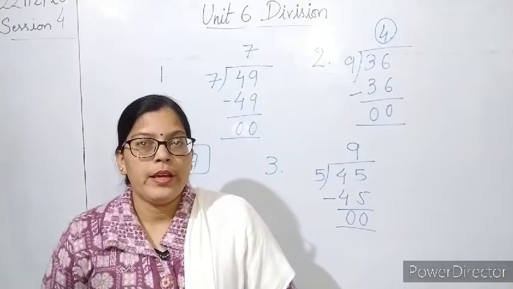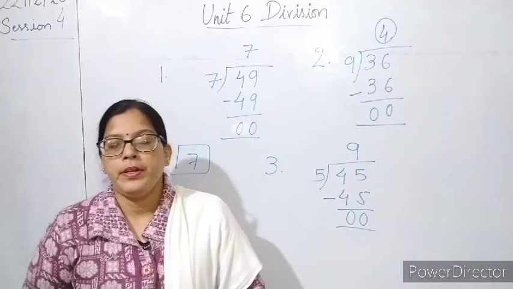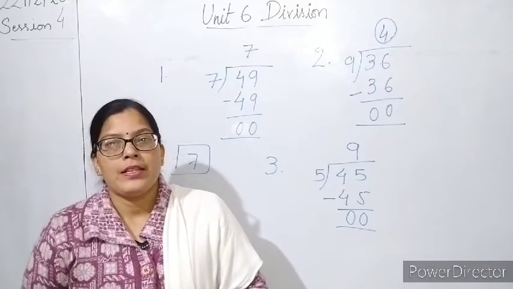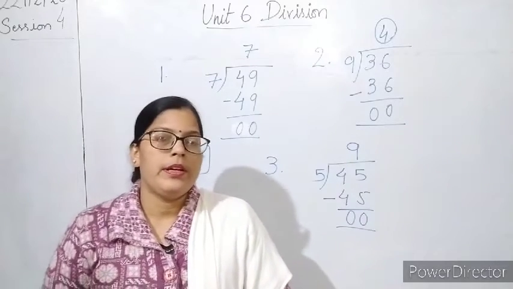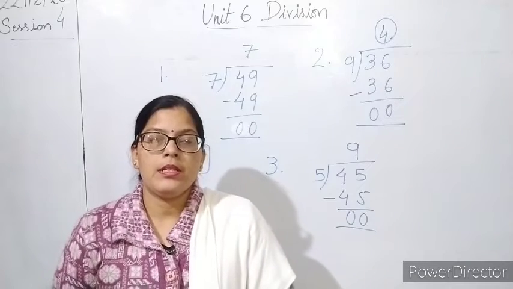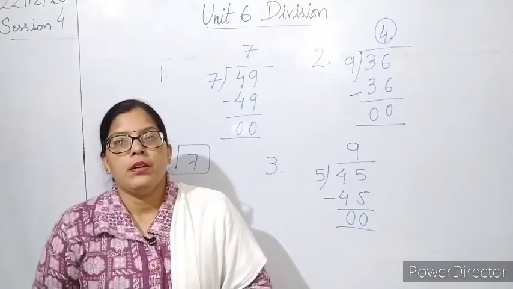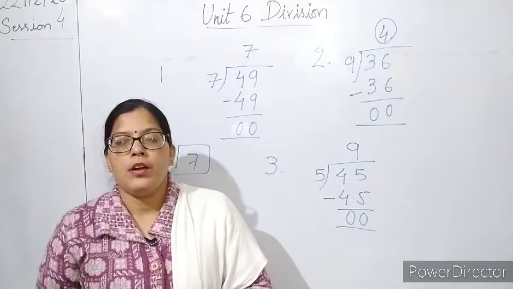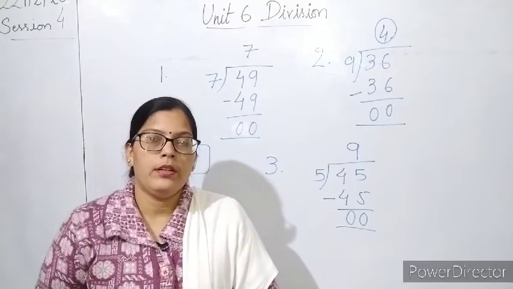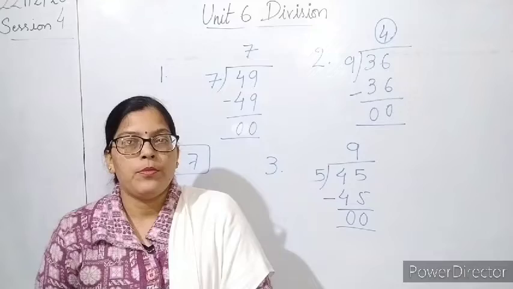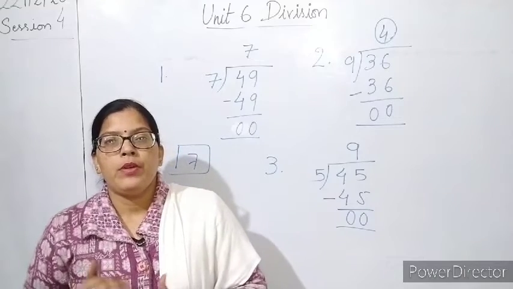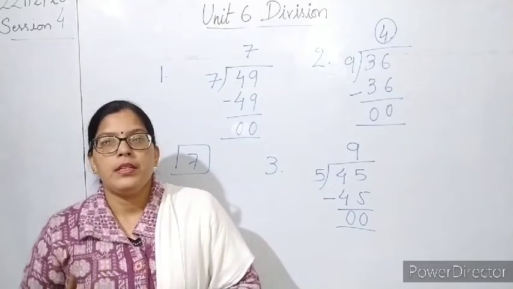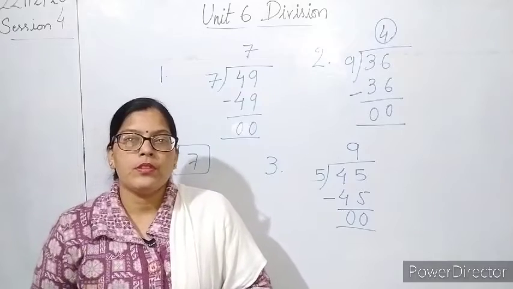Now as you all know, copy correction is going on, and you have all submitted the copies. Most students have completed unit 5, multiplication, but still in some of the copies either tables are not written, or word problems are not done, or fill in the blanks and find the product are not done. So when you get back your copies, children, please go through the works which are uploaded.